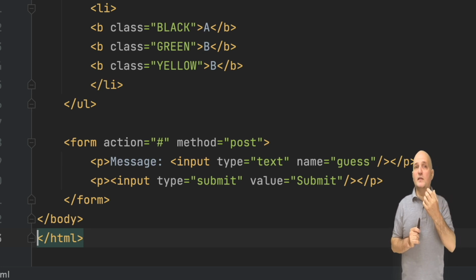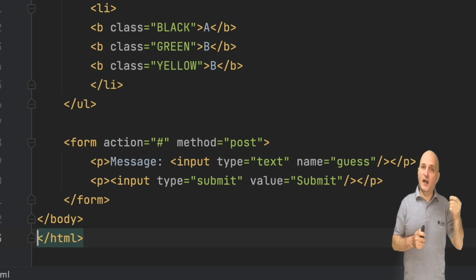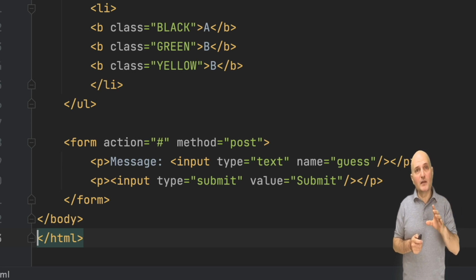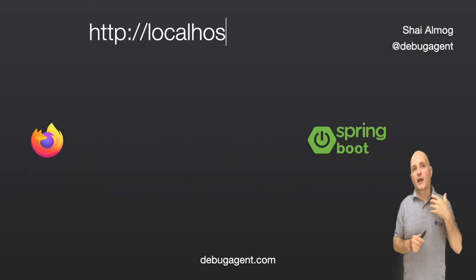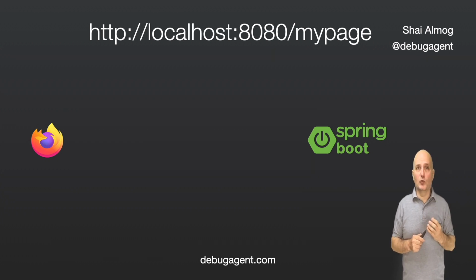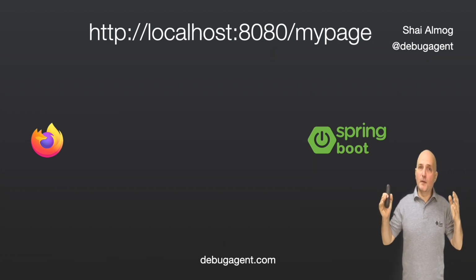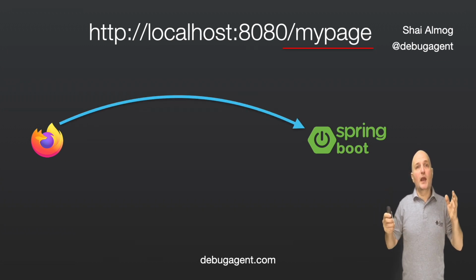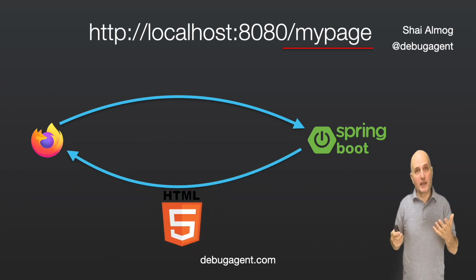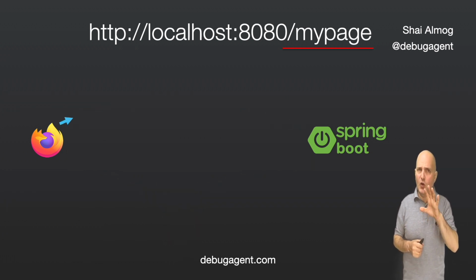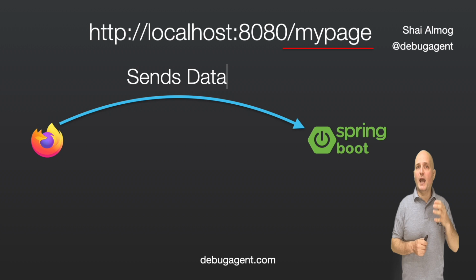The second argument is post. Post is a different HTTP method to get. You might recall our discussion about get and how it works. Post is very similar yet very different. As a refresher, get is the default. We get when we open the page by sending a request like this to the URL and then receiving a response. That typically includes an HTML page. Simple stuff. On the other hand, post only happens programmatically, or if we submit a form.